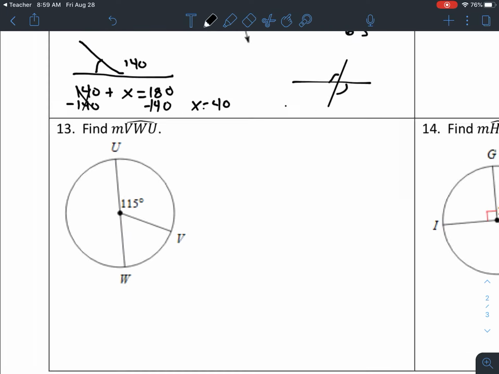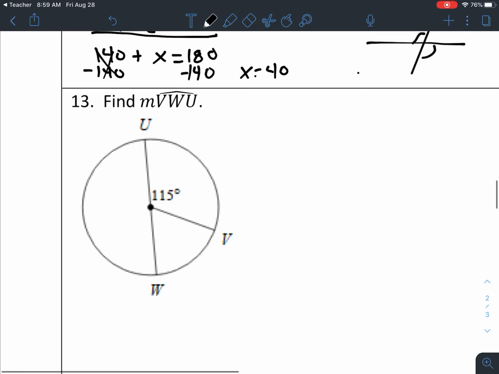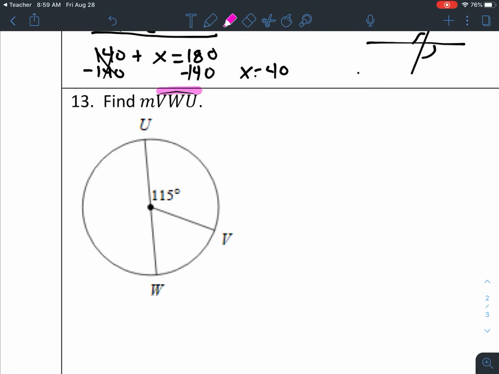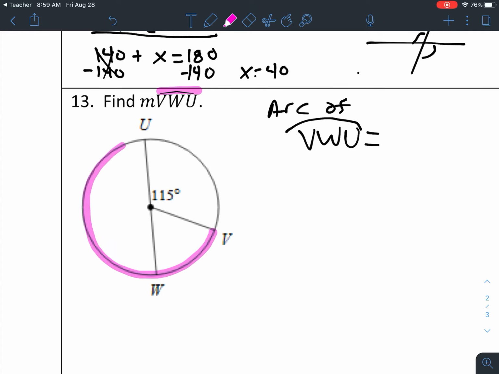Let's look at 13. So again, what we're doing here, this symbol here is an arc. So they're asking us to find the arc of VWU. Okay, I know usually mine looks like that. I don't get that little point. So they're asking us to find out what the arc of VWU would be. Okay, from there to there. Now, this is a pretty simple one. We can look at this. You don't have to find what this angle is,